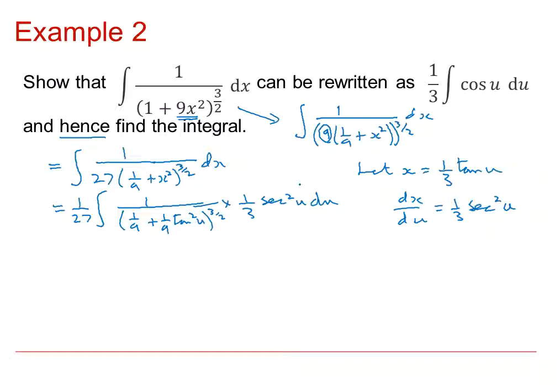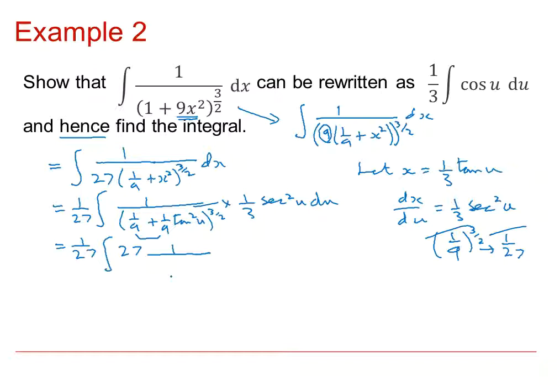So it looks fairly complicated at the moment, but it will all make a bit more sense. Let's leave the 1 over 27. What I'm going to do now is pull a 9th as a common factor out of this bracket, but it's a 9th to the power 3 over 2. So the 9th to the half is a third, cubed is 1 over 27, and that, don't forget, is in the denominator. So when we simplify this, it will be 1 over 1 over 27, which is just 27,